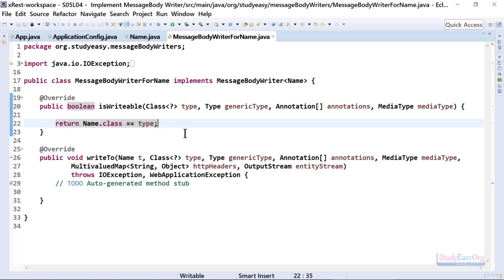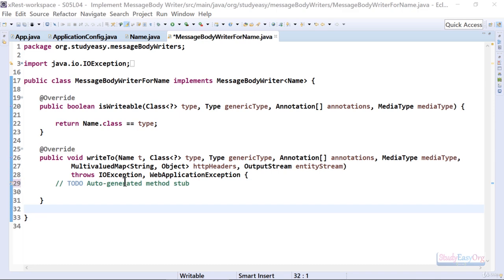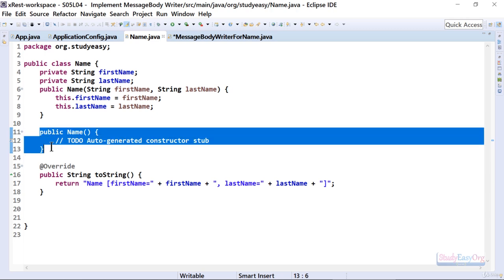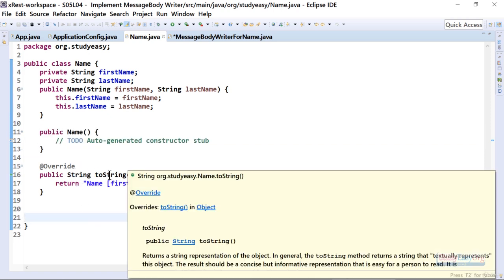Alright, so this is good. Now inside this write2 method, we need to add the business logic, and this is again simple. Now before adding the business logic, let me quickly show you the name.java file. In this file, I have already added the default constructor. Take a note of it. And apart from that, I have also overridden the toString method, and we will make use of this toString method